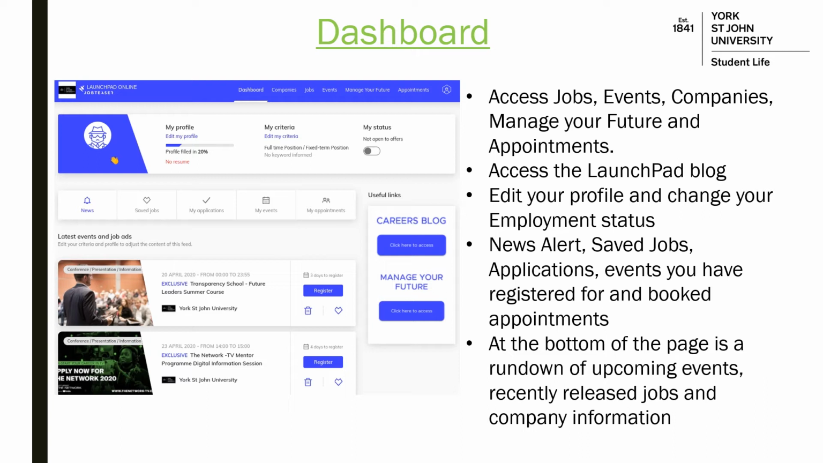You can also edit your profile from here and change information like your name, course, year of graduation and search criteria. You can also change your employment status to let recruiters know if you're interested in receiving job offers. From this page, you can also access the Launchpad Blog and Manage Your Future, two great websites for information, advice